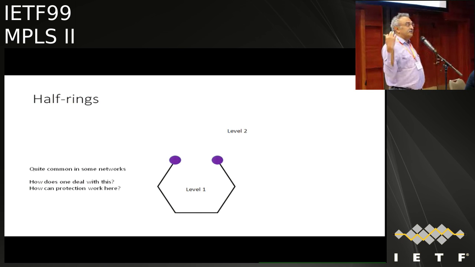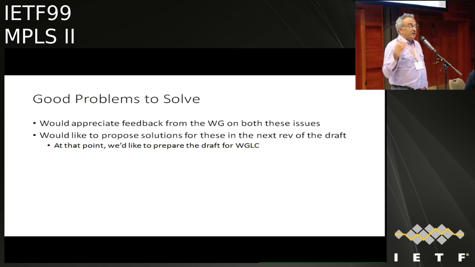So basically, I think these are both good problems to think about in the context of RMR, because it's a working document. The group has to decide whether we should solve these two problems. Like I said, the first one is not hard to solve. It's just how to make it